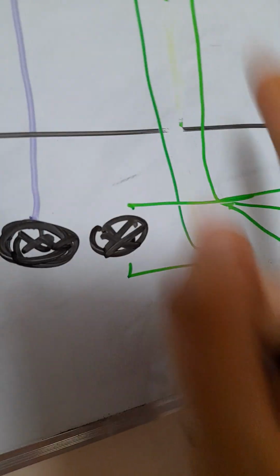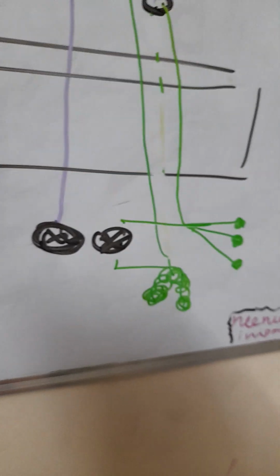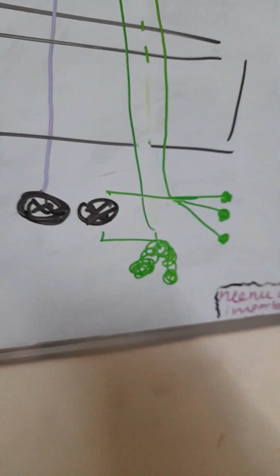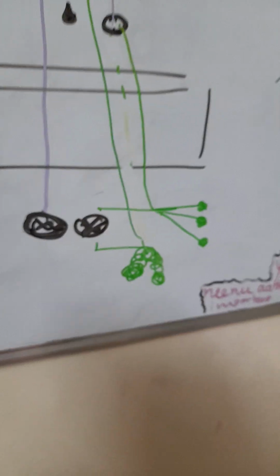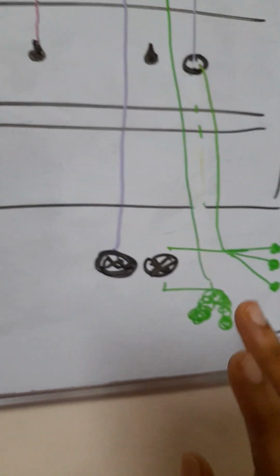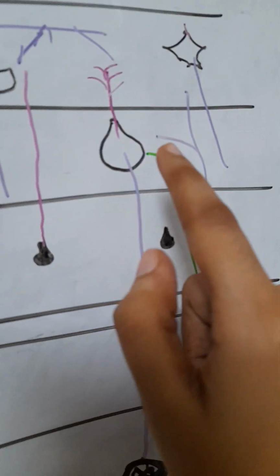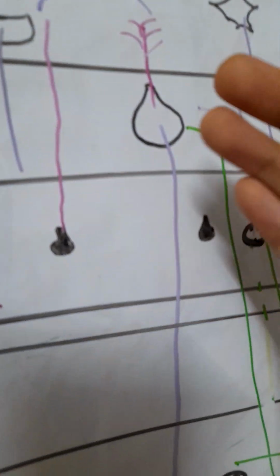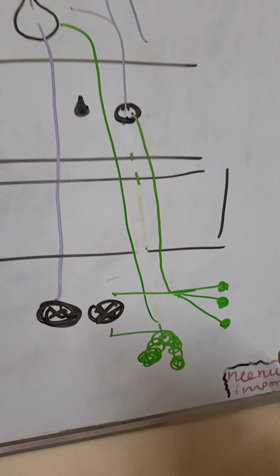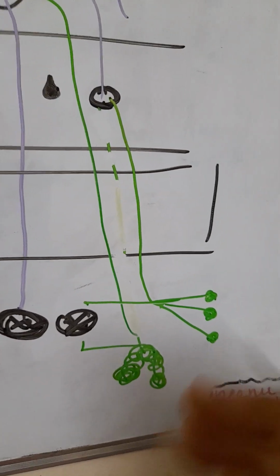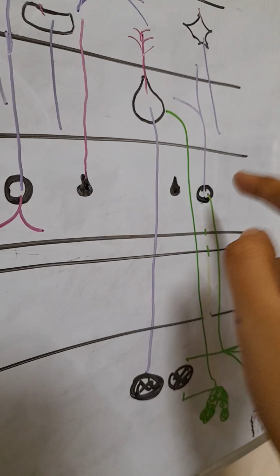So this is representing the mossy fibers, which are going to arise from the pontine nuclei, from the vestibule and all, and from the inferior olivary nucleus you're going to have the climbing fibers. So the climbing fibers are going to directly go and affect the Purkinje cells, which are going to inhibit the deep cerebellar nuclei, whereas these mossy fibers are going to go and stimulate the granule